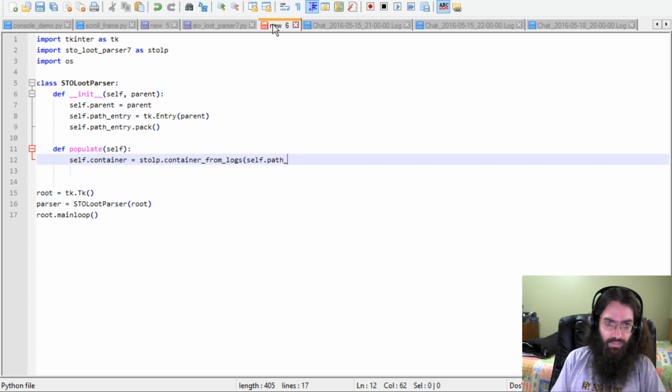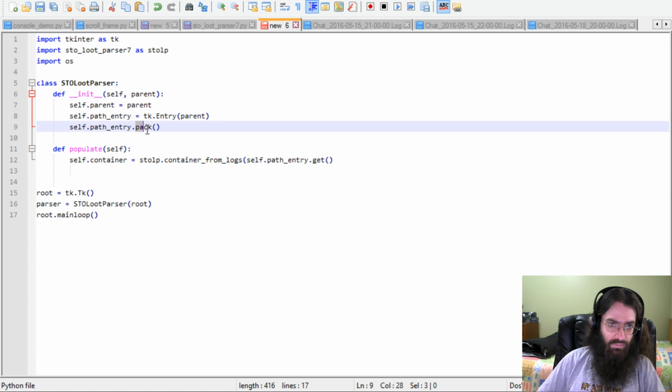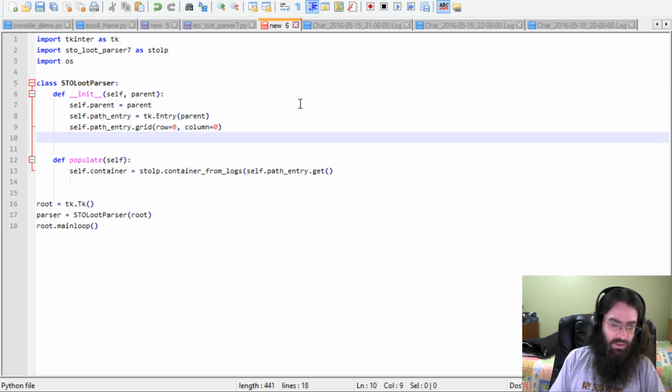Self dot path entry dot get. Let's go to grid right now. Row equals 0, column equals 0. Self dot